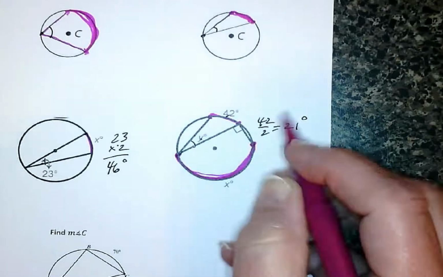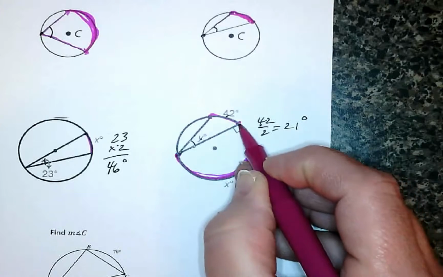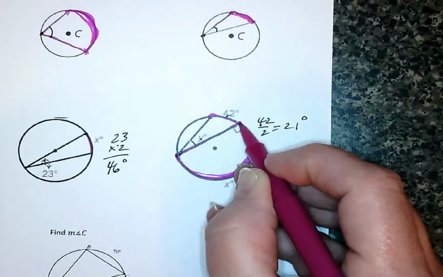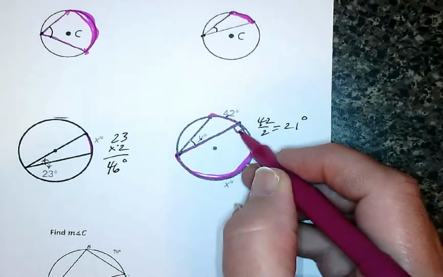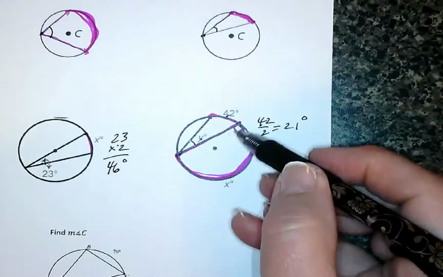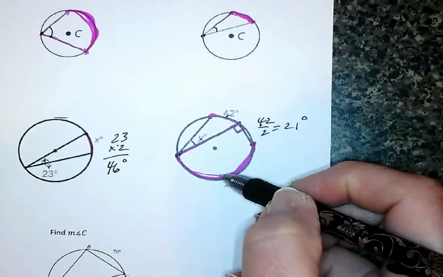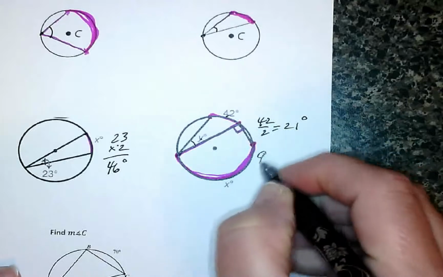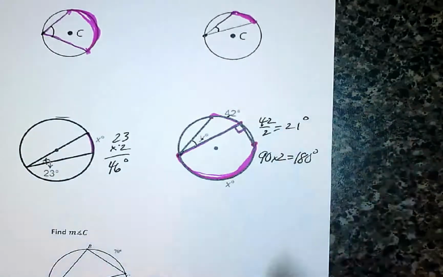Okay, so what angle would that one go with? Well, if we kind of scoot back here and go along the sides here, they both go with this 90-degree angle. This 90 is an inscribed angle. It's going to be 1/2 of the arc, but I'm coming out to the arc, so I'm going to multiply by 2. So 90 times 2 gives me 180 degrees. Okay, and the last two,